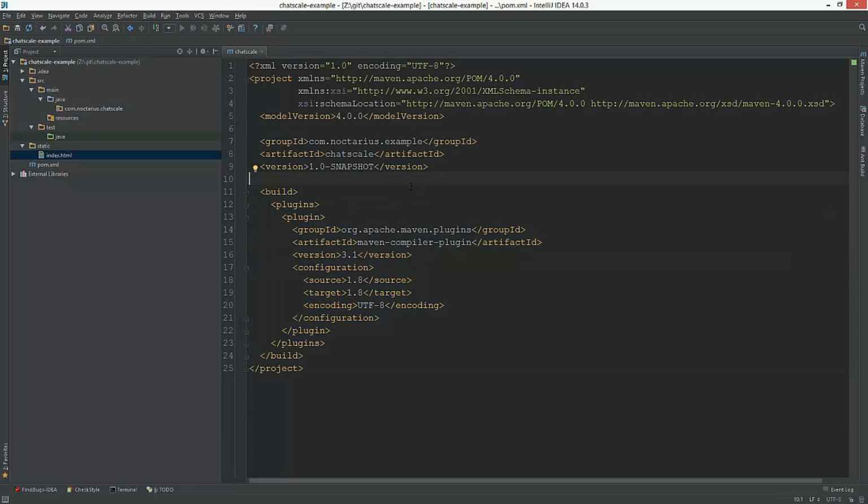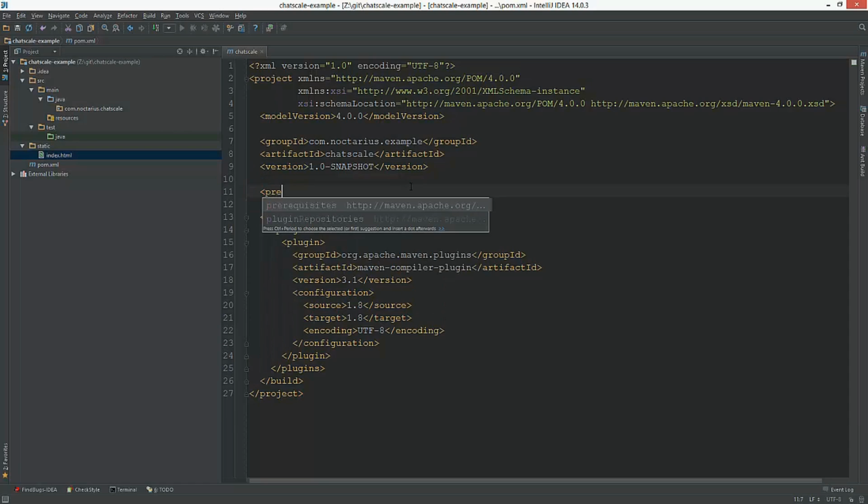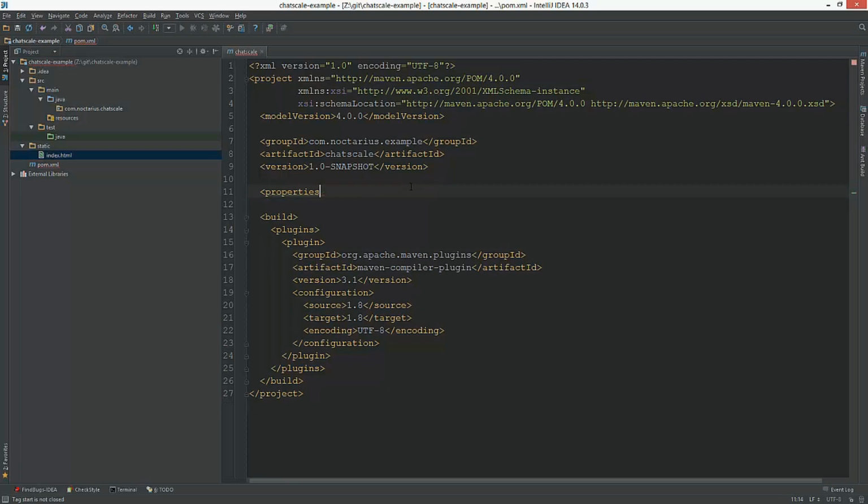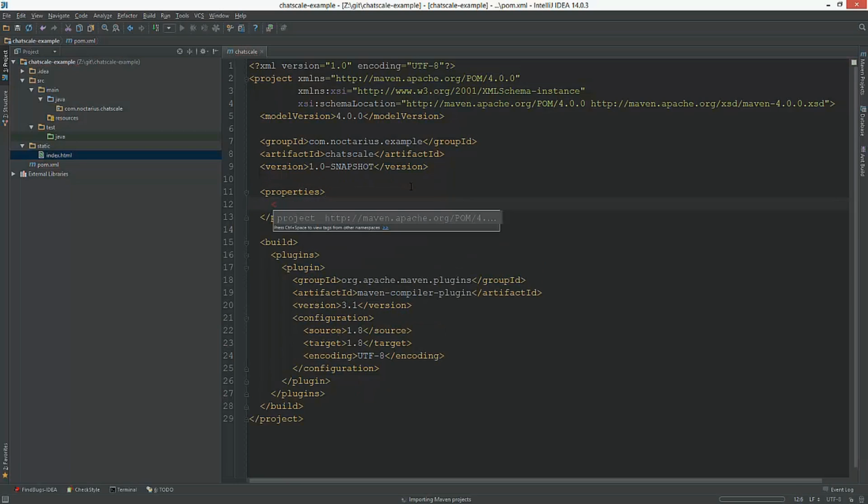I personally prefer to keep all my version numbers in a single place, which for me is the properties area. And as I said, I already had some experience in the past on doing those things, and I had good experience with Jetty and CometD.